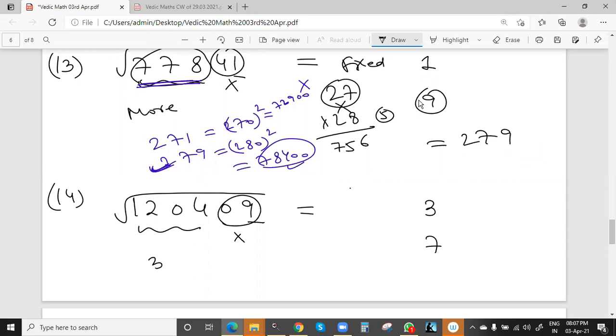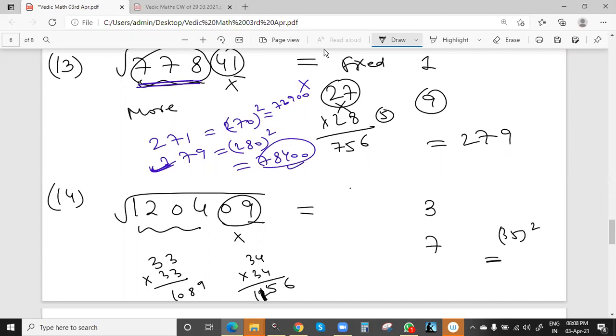So if you see 33 square, you know the shortcut method. 9, then 9 and 18, 8 carry 1, 1089. That is a little bit less. You can try for 34: 16, 6 carry 1, and 12, 12, 24, 1 is 25, carry 2, 9, 2 is 11, 1156. 34 will come because it ends with 5, no. 35 square, we know by shortcut.